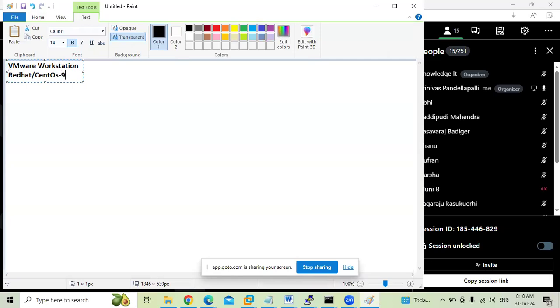Version 9. ISO file. They are the softwares we require for installation of the operating system. Generally, we can install an operating system on a laptop directly